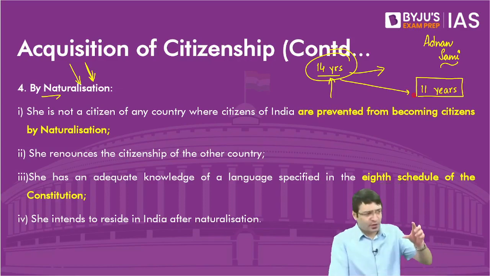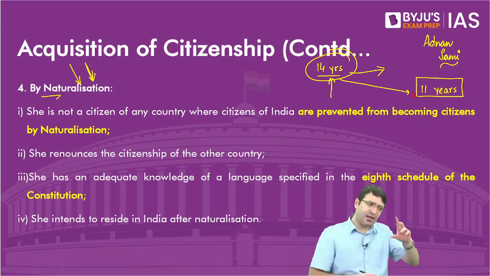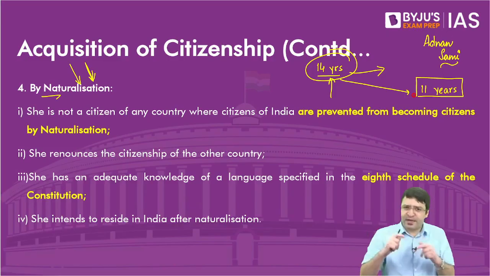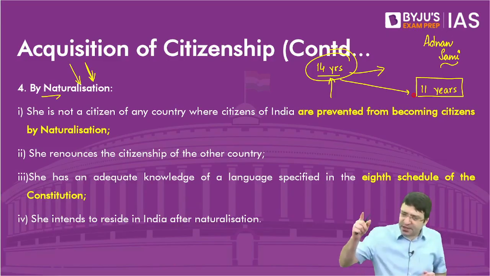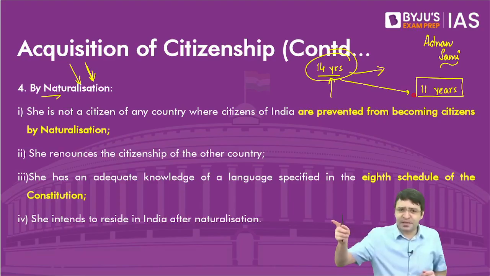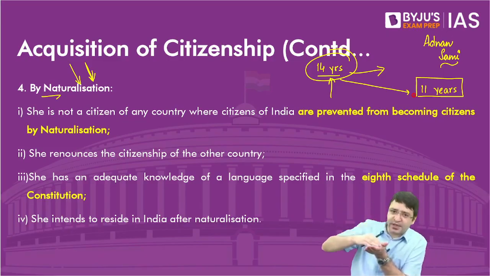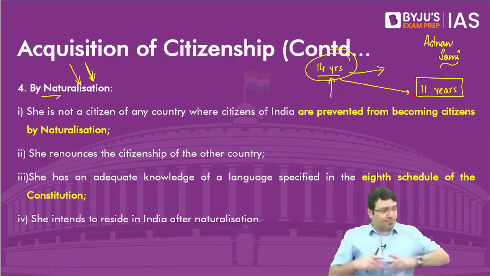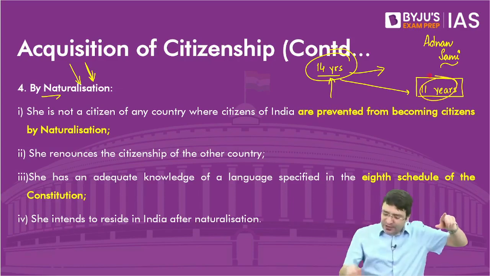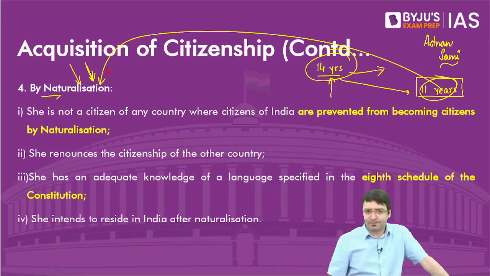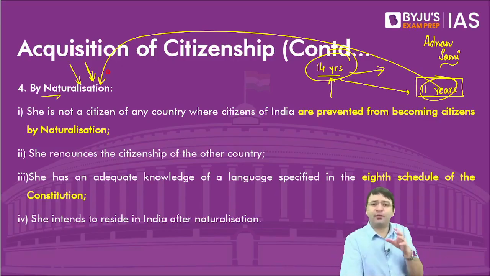11 years in the sense, you entered India in 2000, and in 2014 you can apply for Indian citizenship. Does that mean for all these 14 years you should never have left this country? No. You may have left this country for travel, for business, or for any other reason. But when we calculate the number of days you were in India, if it adds up to 11 years in the last 14 years, you become eligible to become a citizen of India through naturalization. Another condition, you should have knowledge of any of the languages mentioned in the 8th